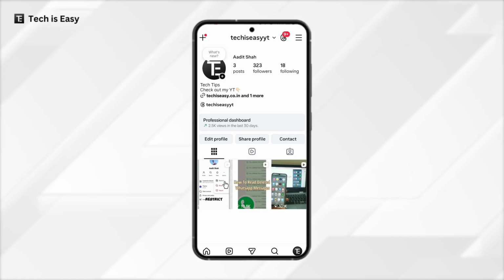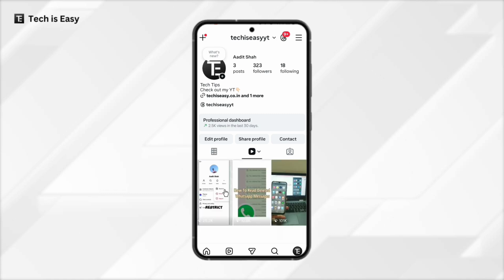Here is how to archive and unarchive reels on Instagram. So let's get started. First open Instagram if you haven't already, and then come to the profile page that's at the bottom right. Once you're here, just come to the reels page, and here select the reel which you may